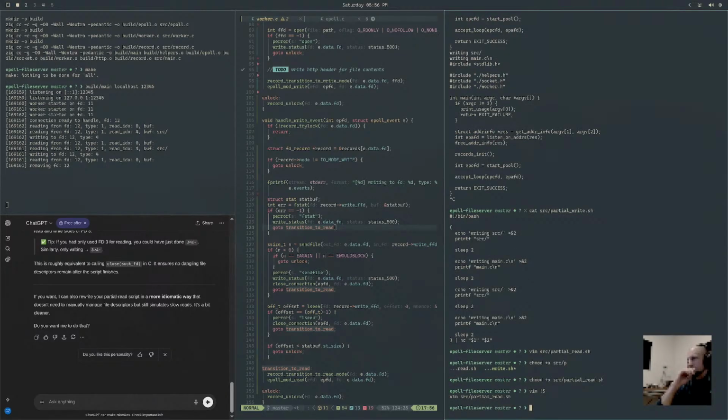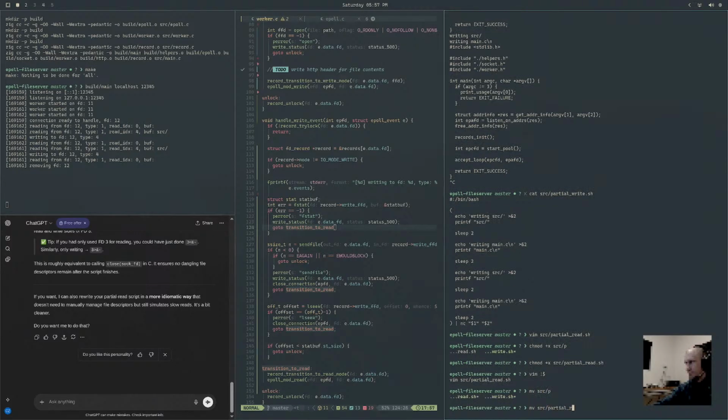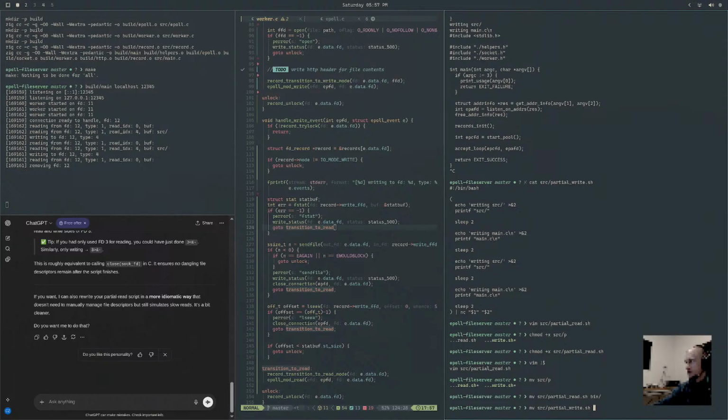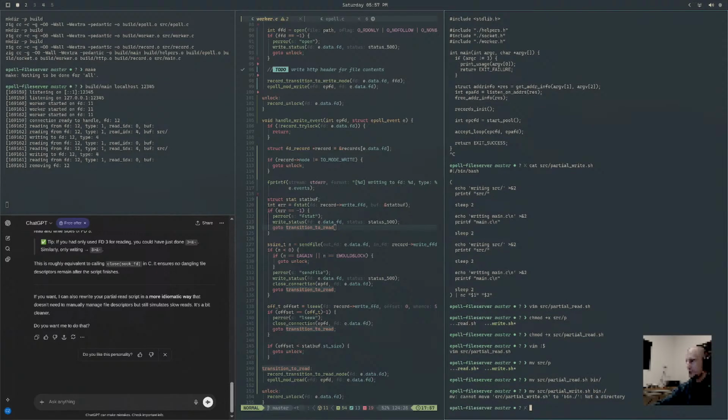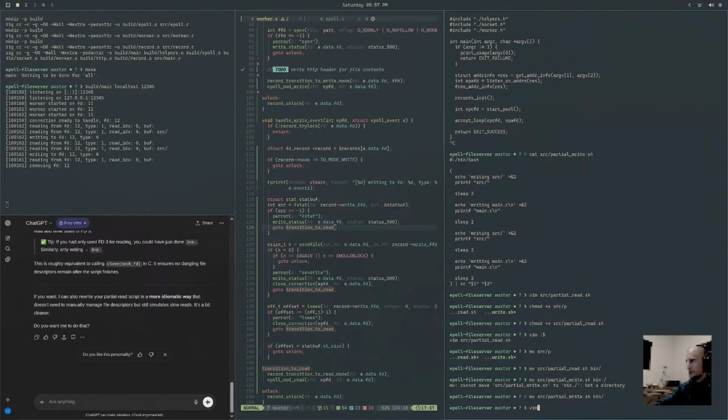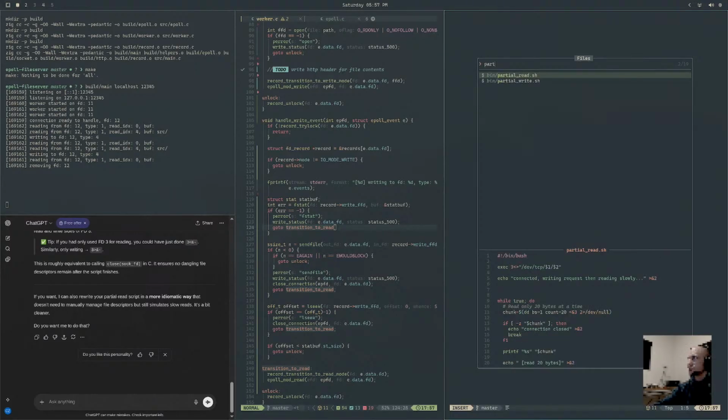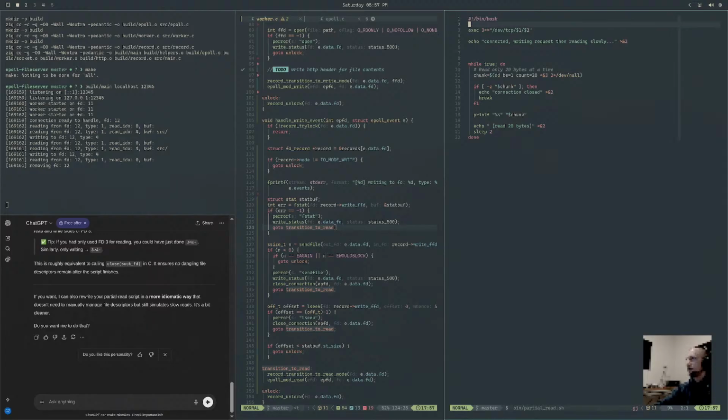I put those under source. I meant to move: mv source partial read to bin, mv source partial write to bin. Sorry. And then vim. Let's go to partial read, and then we're going to read in bin partial write,